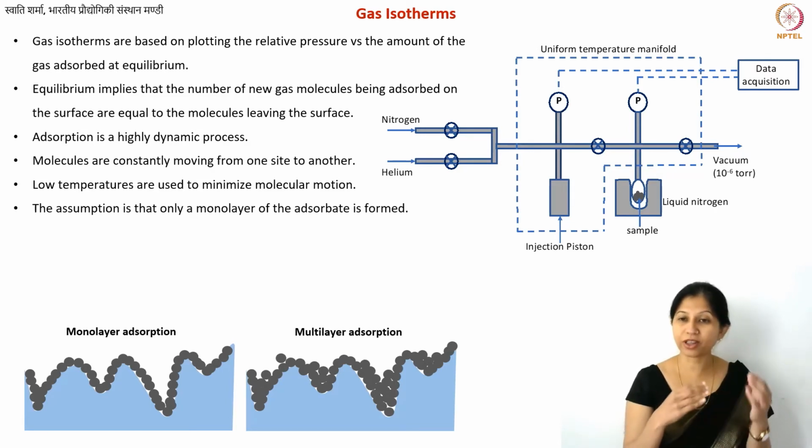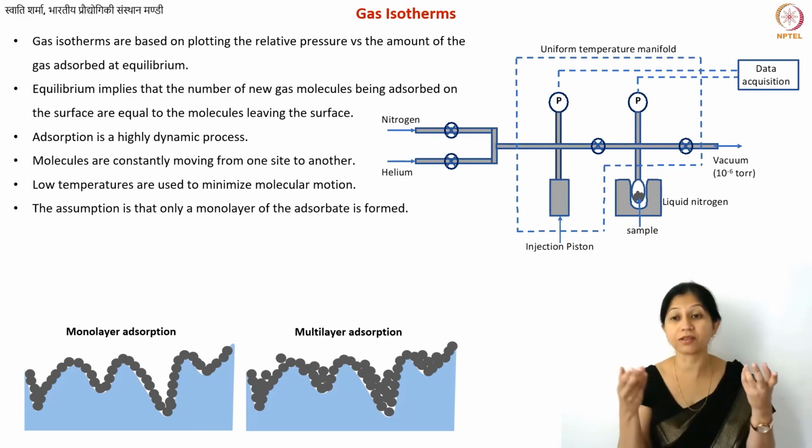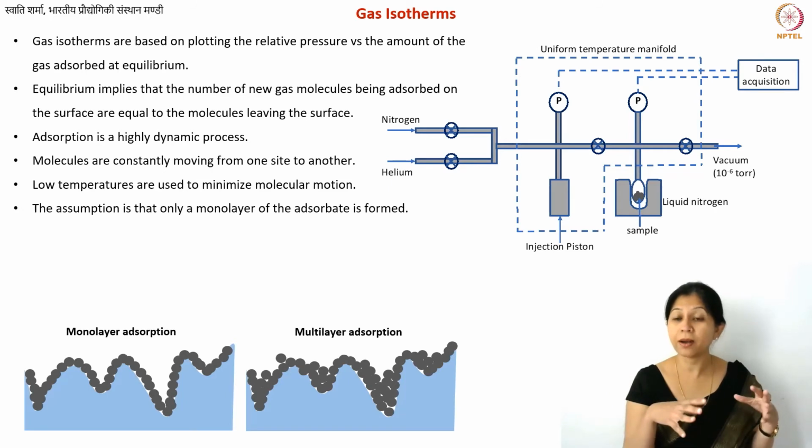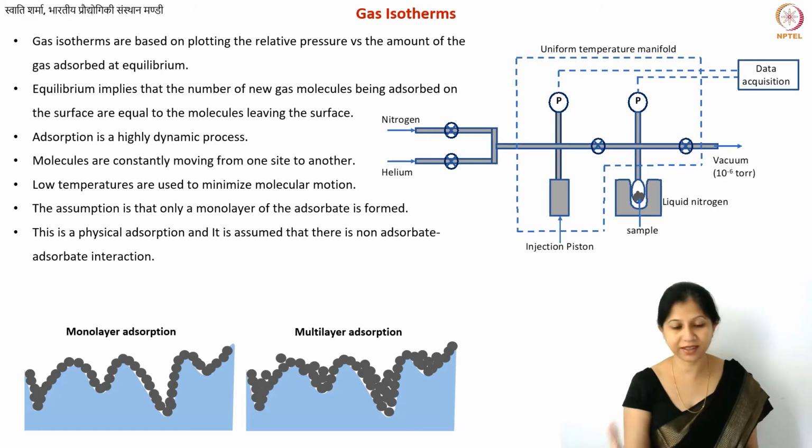In any case, for the relative values, it is fine. If I take 2 or 3 or 5 carbon samples with varied porosity, and the monolayer is forming on one sample, then it's also forming on another, or the multi-layer. So the relative values you will get are more or less accurate. Another assumption is that there is no adsorbate interaction. This is the assumption we have to make in order to calculate the surface area.